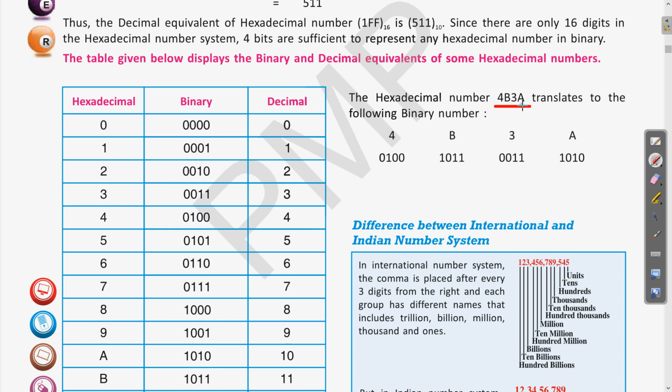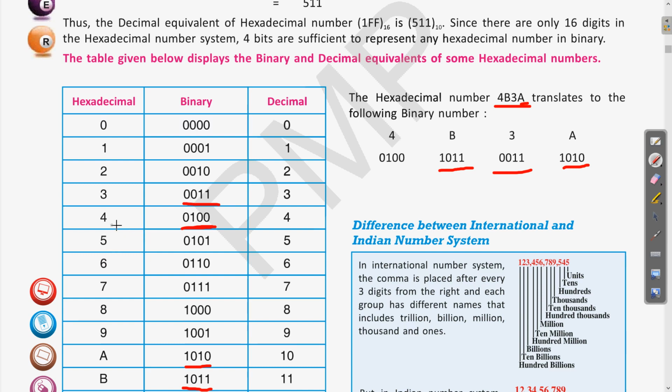So let us take A. It can be seen that A is denoted as 1010. Write the same 1010. Then 3, you can check, is written 0011. You can do the successive division also for conversion of the 3. It is very easy. Then B is 1011. The same we are writing, 1011. Then 4, simply you can check from the table also. So this table will not be with you in the exam. You have to do the successive division of each of these. 4, 3. So easily you can see.